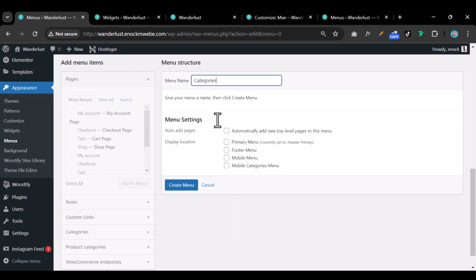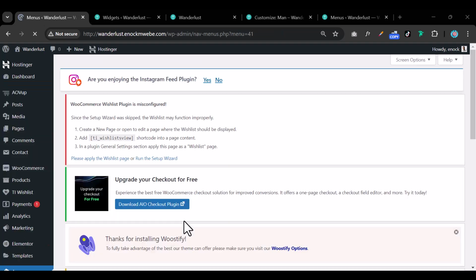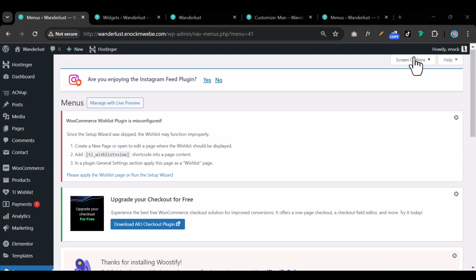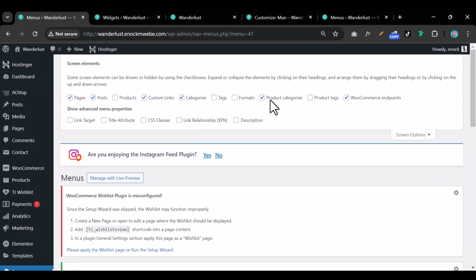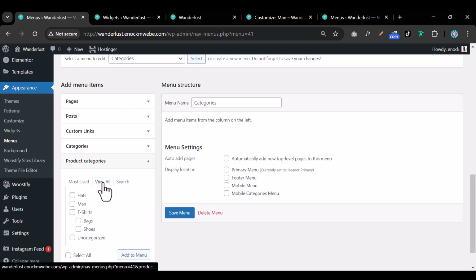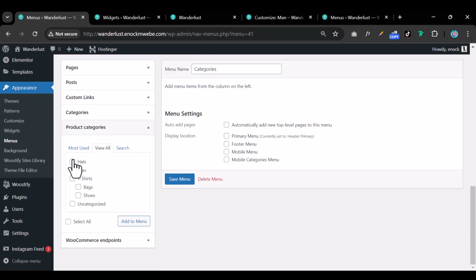Okay, so now you hit create. For most cases you may not see this product categories option right here. To avoid that, come to screen options and make sure product categories is enabled. Once you come under product categories, click on view all. Some may be hidden, and you can select all that you need to be added, then click on add to